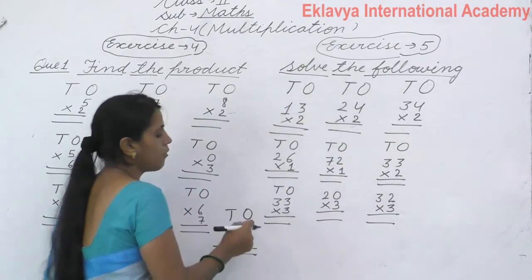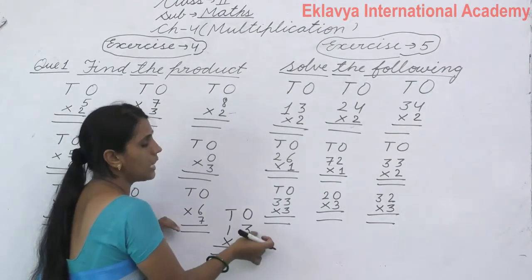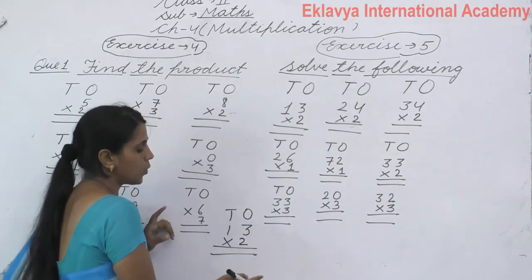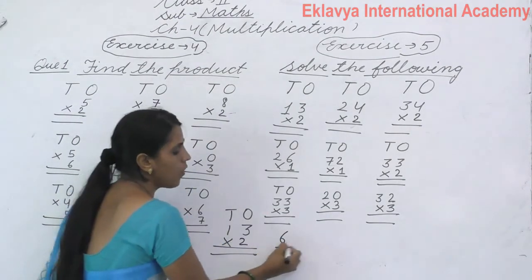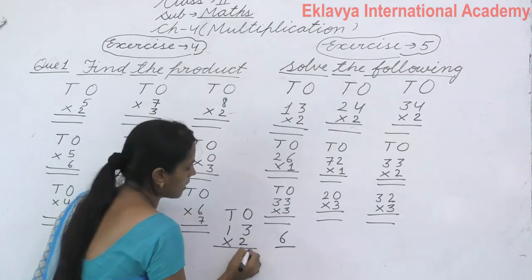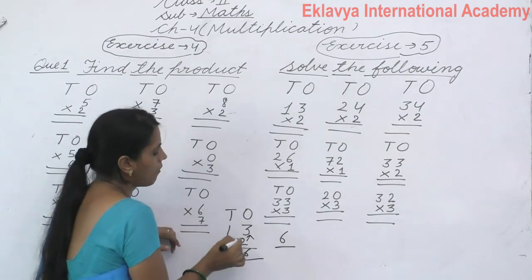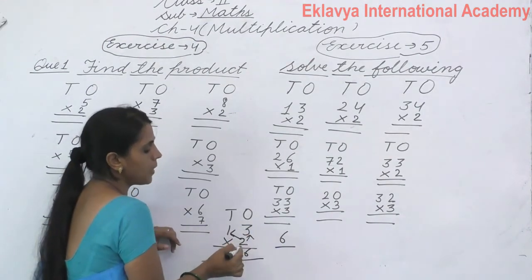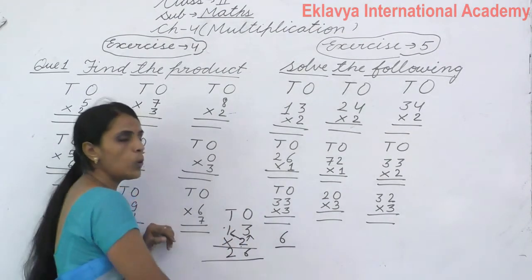Now again we will speak table. Yes, we will speak table of 2 till 3. Yes, 2 1s are 2, 2 2s are 4, 2 3s are 6. Yes, 6 is your ones number, so we will not put carry, only we will write the answer, so your answer is 6. Okay, we have taken the turn of that. Now we will take the turn of 1. We will speak table of 2 till 1. 2 1s are 2. So here the answer is 2.